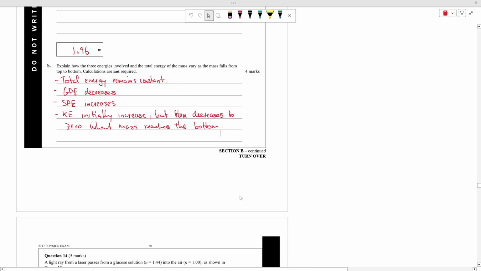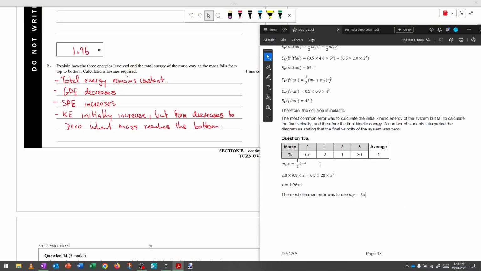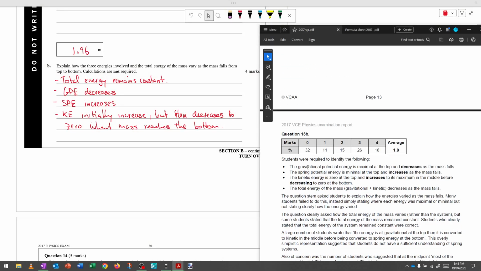So let's quickly head over to the examiner's report, double check what they wrote. The gravitational potential energy is maximal at the top and decreases. Spring potential energy is minimal at the top and increases. The kinetic energy is 0 at the top and increases to its maximum in the middle before decreasing to 0 at the bottom. The total energy of the mass